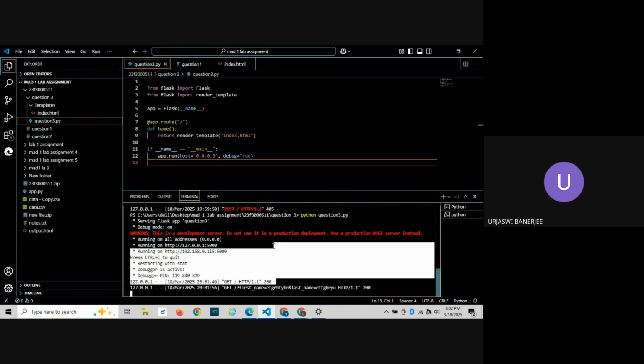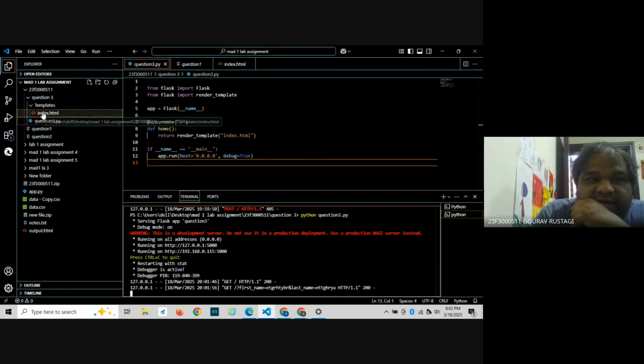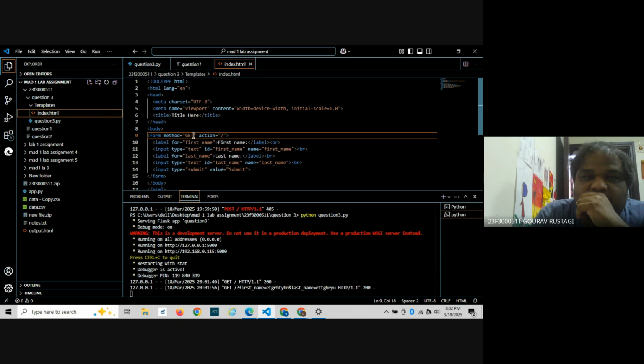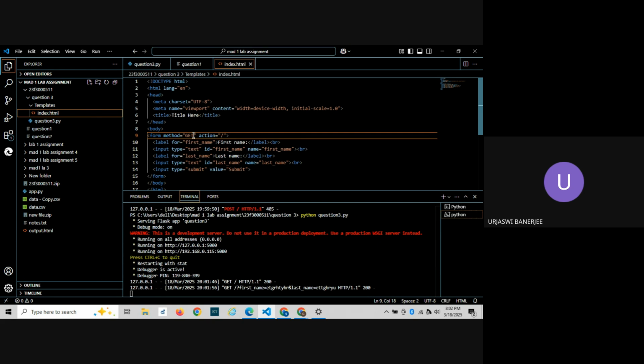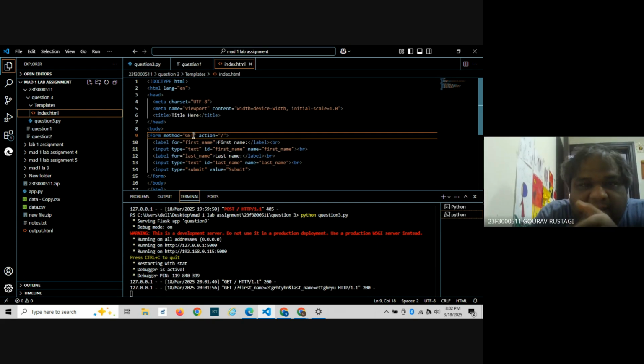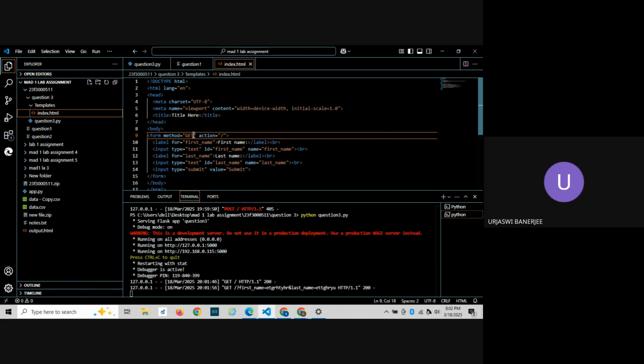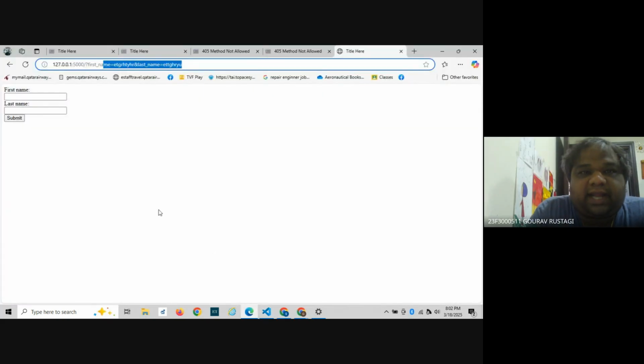In the index file I changed it to get. In place of post, I changed it to get, because in the mock question it is given post. So just to check what will happen, because you told us now that anything we have to submit, we have to use get, and anything we have to update, we have to post. If we have to submit, we have to use post. If we are sending something to the server, we have to use post in the method. But ma'am, here when we put get, then only we are getting this output, right? Yes, so we are submitting.